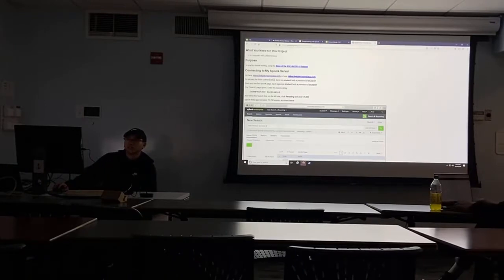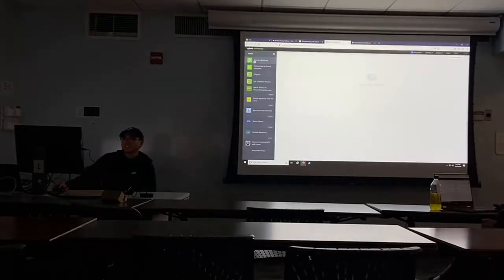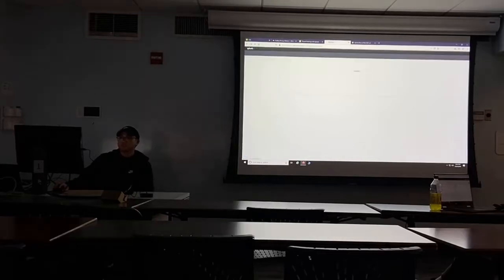If you click this link, it says to get past basic authentication, log in with student1 and the password student1. Okay, are you in? I'm in. Sounds good. Next we're gonna go to Search and Reporting. It's one of Splunk's default apps, which is what we're gonna use to query through the dataset.